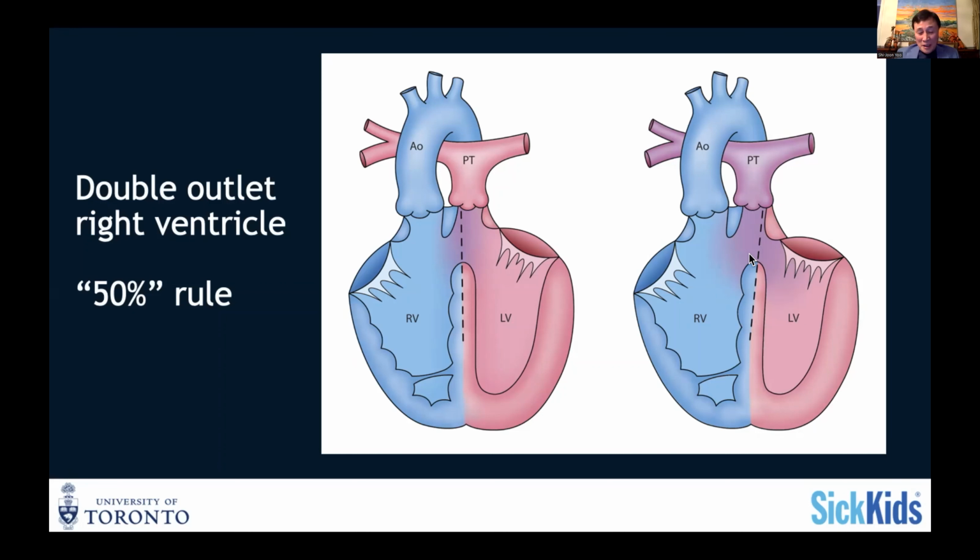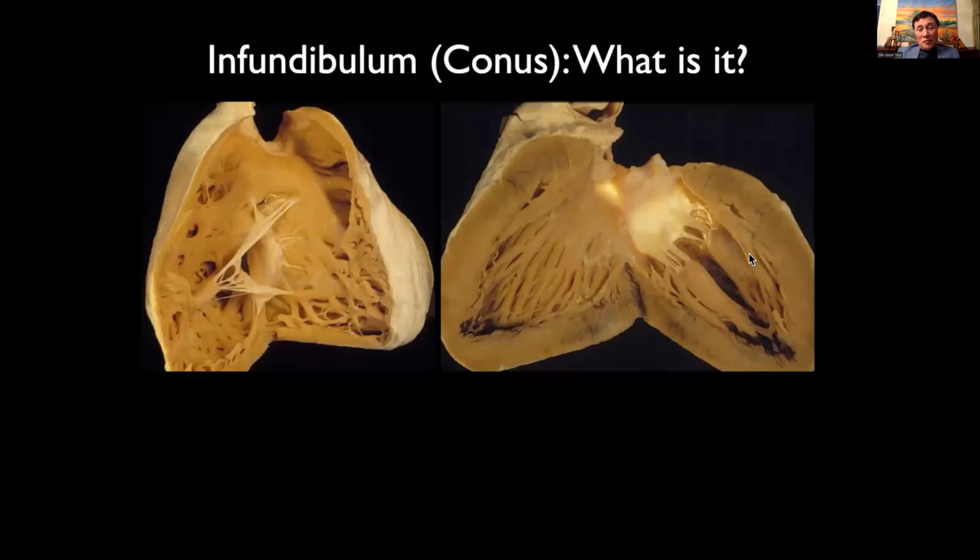Okay, so that's why I make a joke: if a colleague comes to me and says, oh, this case is double outlet right ventricle, and Osami comes to me and says, oh, this is transposition, I say yes to both, because it is pretty much a transitional area, nothing worth debating about. Okay, so